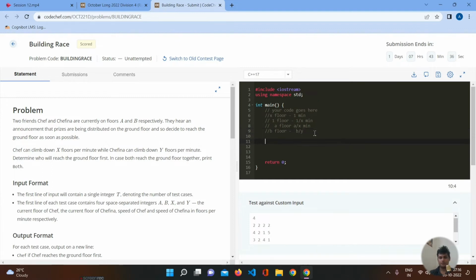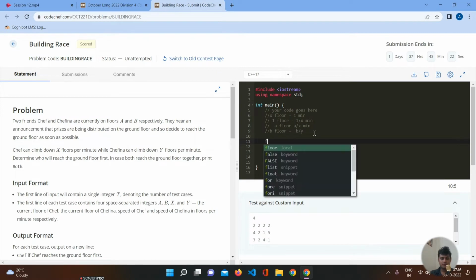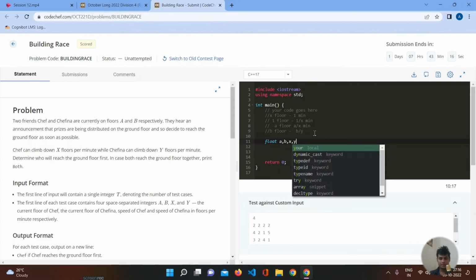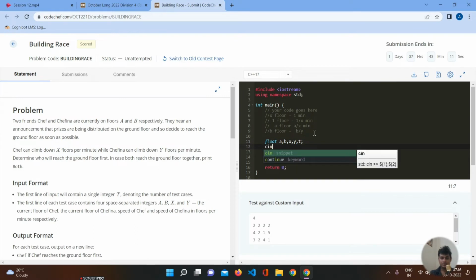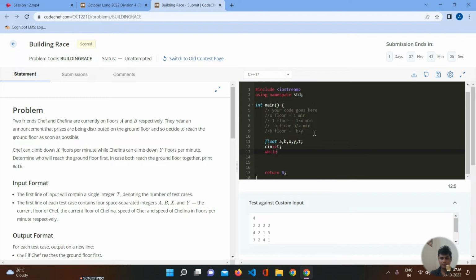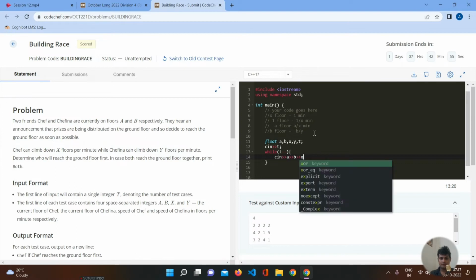Okay. Here the answer can be in decimal, so we have to use float. We are given A, B, X, Y and the test cases. Let's take input of the test cases. We'll take the input of A, B, X